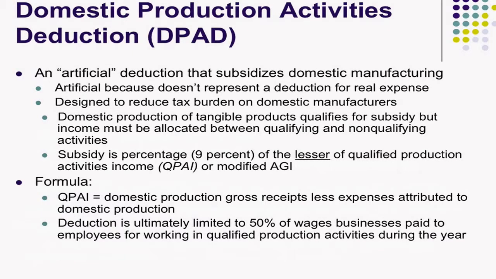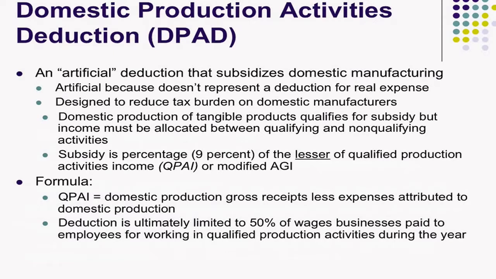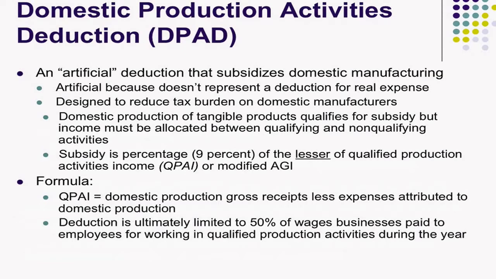It's a little complicated to get the benefit of the deduction. And ultimately what you get down to, after you get your 9%, you have to figure out 50% of wages that the business paid to employees working in qualified production activities. And that means everything involved with production. It doesn't mean just somebody on an assembly line. It can be other people in the production area or who touch production in some way. You have to figure out what all of their wages are, take 50% of that, and then what you come up with is your limitation. You're limited to that no matter what. And if that happens to come out less than qualified production income or modified AGI, that's all you get.